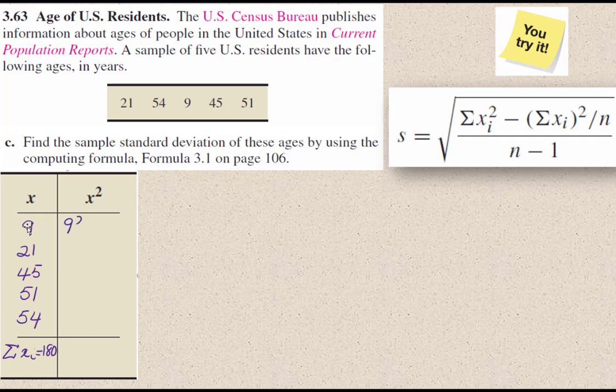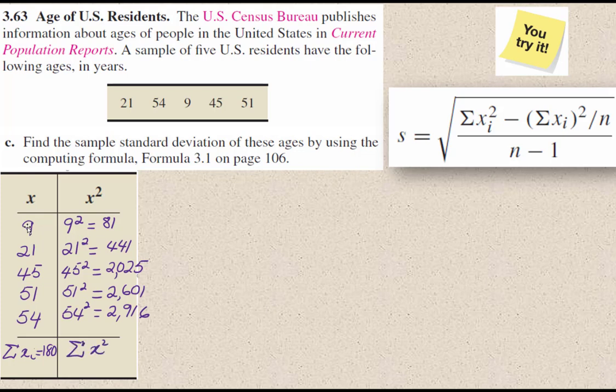Second column, we're going to square them. 9 squared, 81. 21 squared, 441. 45 squared, 2025. 51 squared, 2601. And 54 squared, 2916. Now this sum will be the sum of the squares, and the sum of the squares is equal to